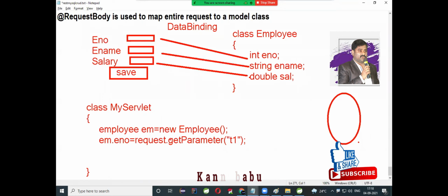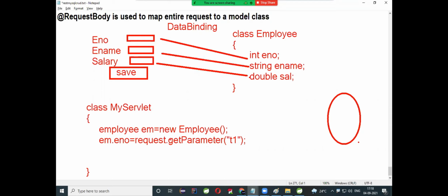The responsibility of object creation, object initialization, object injection, and object destruction was assigned to a third party, that is IOC. Generally in Spring MVC or Spring Boot, we never create the objects. Ready-made classes will be there. The container will create the objects. In core Java, we have to manually create the object by using the new keyword. In advanced Java, we have to get the object by invoking the factory method and assign that object to the interface reference.